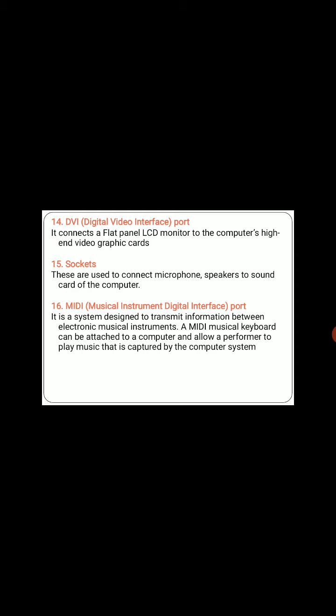That musical keyboard should be connected to the computer. So to connect that musical instrument and the computer system, we should have a MIDI port. Using the MIDI port only, we can connect the computer system to that musical instrument.